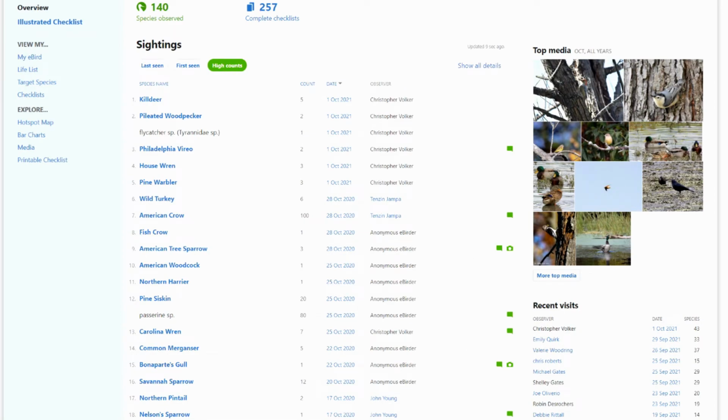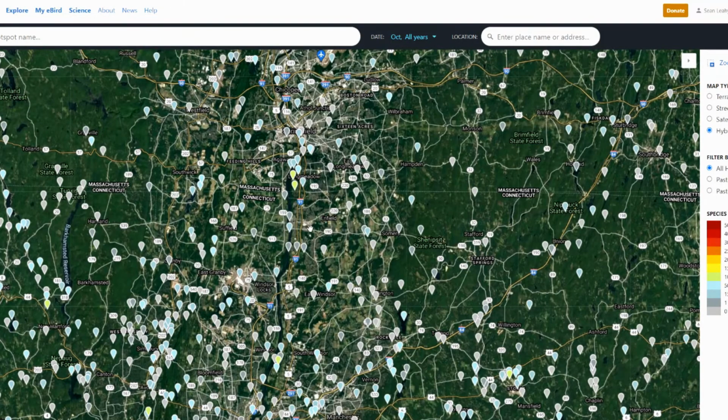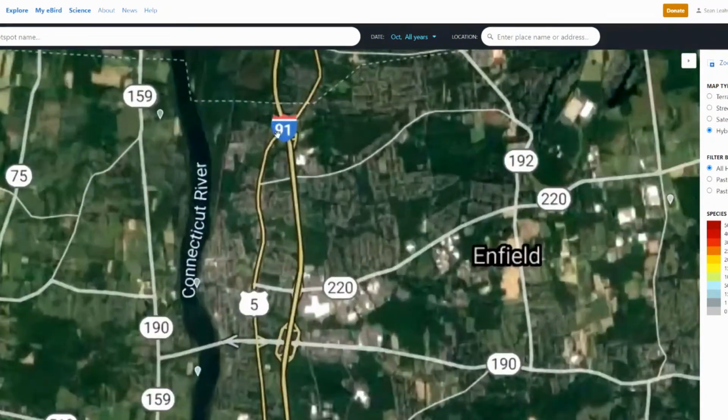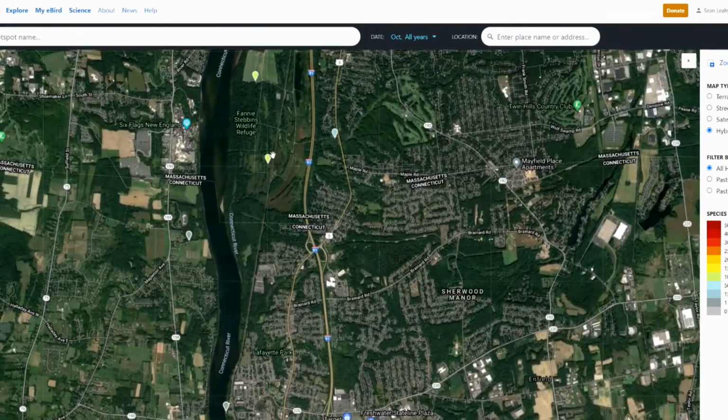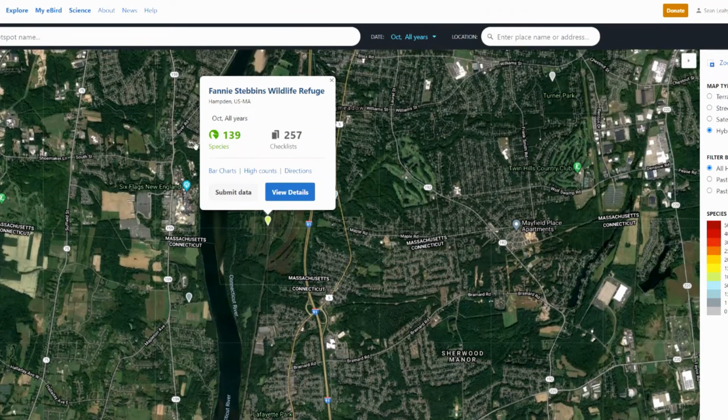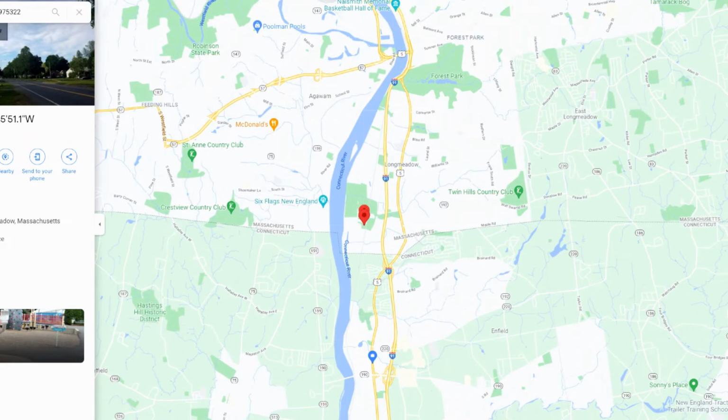I think the most important thing about this map, when you click on that, is that you're saying, okay, I see 139 species here, and you can click on this and get the list of birds. So I want to go there. If you click directions, it will open up Google Maps, and you can get directions there. So if you click the directions icon, and if you type in directions to